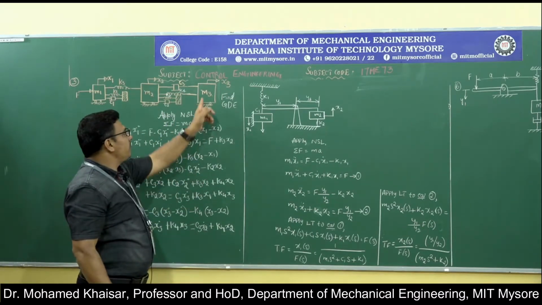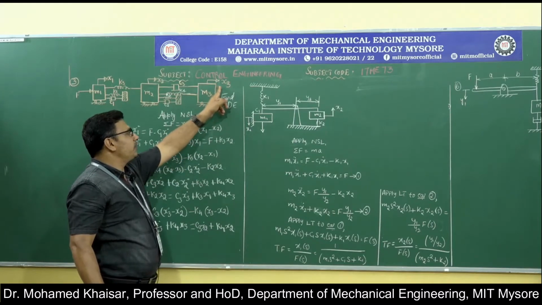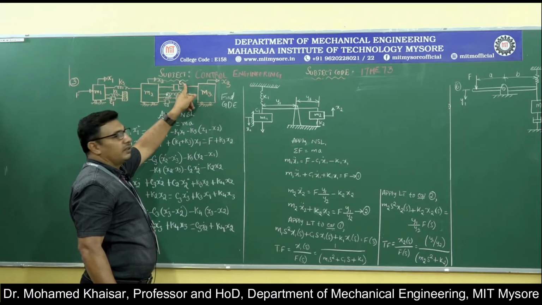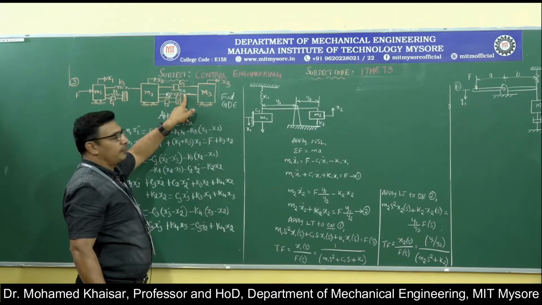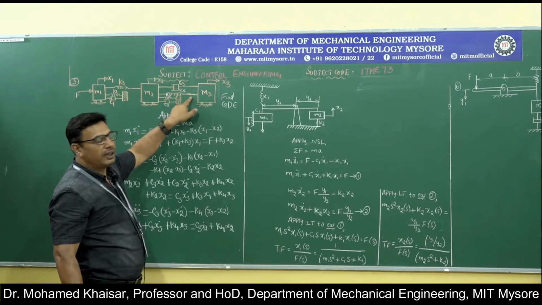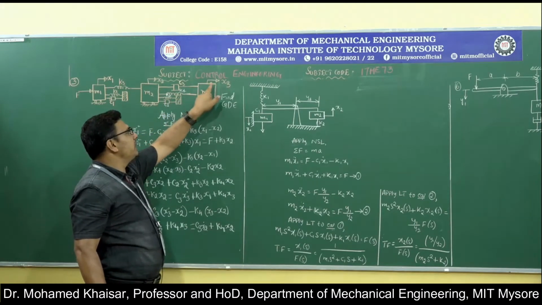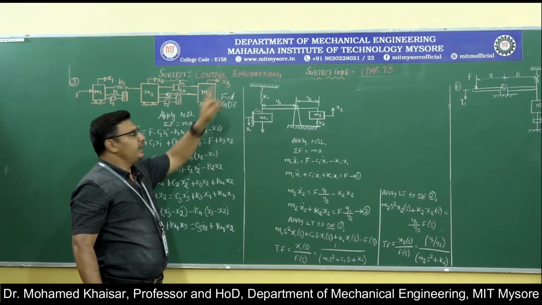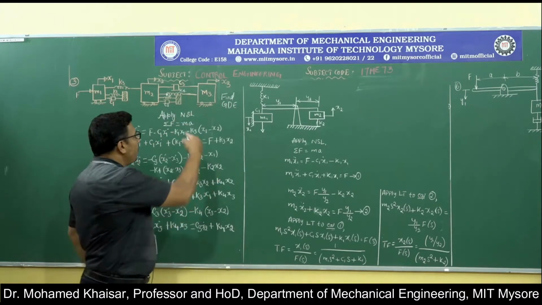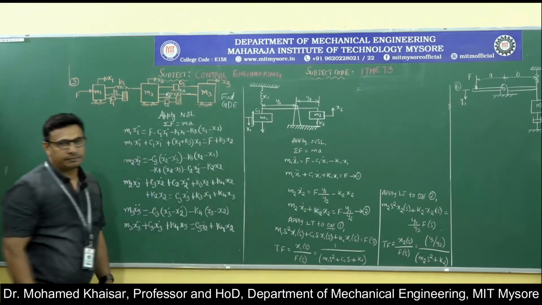Like that, there is a mass m3 which is trying to get displaced by a distance x3. This is connected with the damper C3 as well as the spring of stiffness K4. So these two components will be resisting the movement of the mass m3 by displacement of x3, offering resisting forces opposite to the direction of x3.